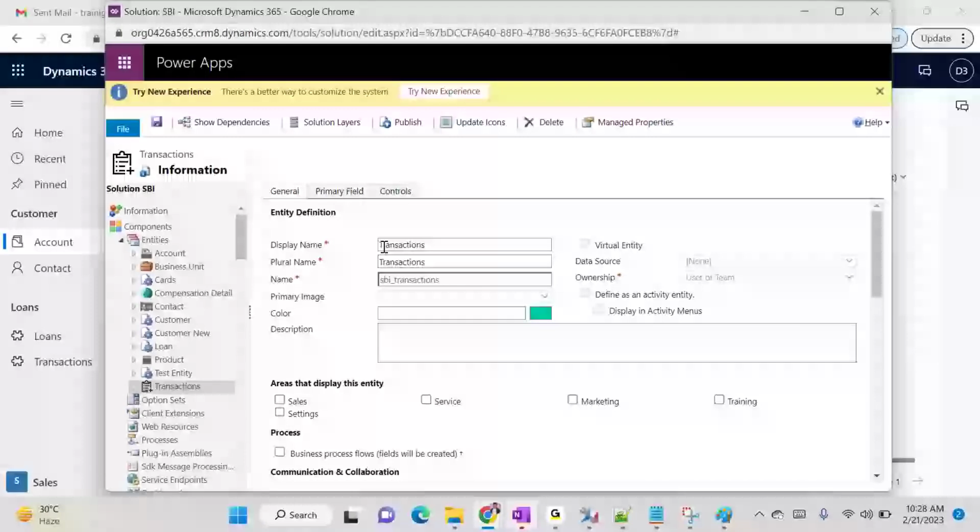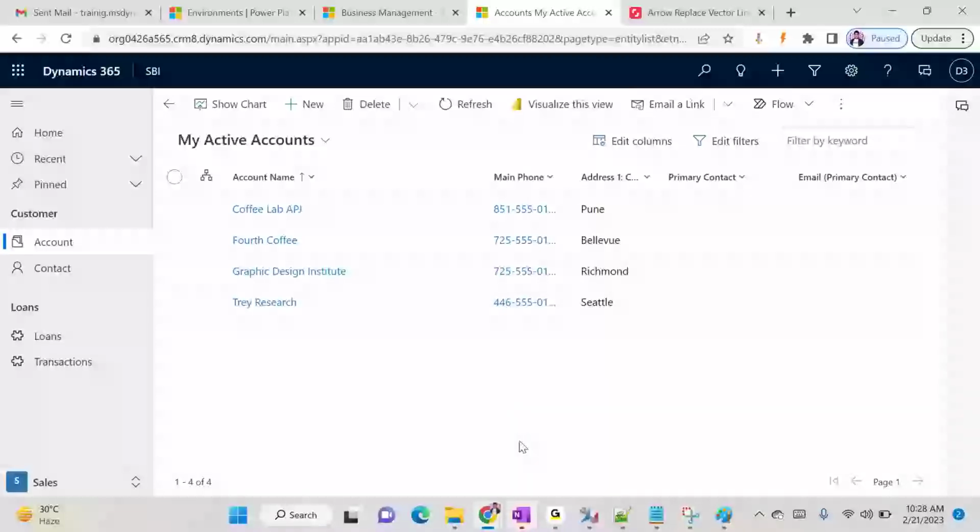So you can download some images in PNG or JPG or ICO format with 16 by 16 or 32 by 32 pixels, and then you can upload them. So these are the most common cases where we will be using web resources of type JPG or PNG or ICO format. So if we have to update the entity icon, or if we have to update this